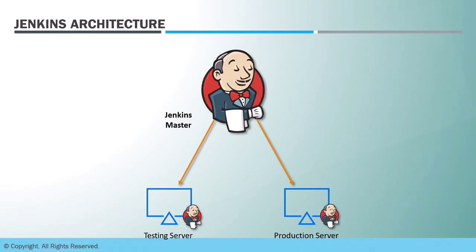So in the next session we will see how we can connect our Ubuntu machines or Ubuntu servers as Jenkins slaves. So till now we have considered Jenkins architecture. This is a very simple kind of centralized mechanism to control all your managed nodes using Jenkins. The process of integrating nodes with Jenkins is very simple, and that's what we will see in the next session.